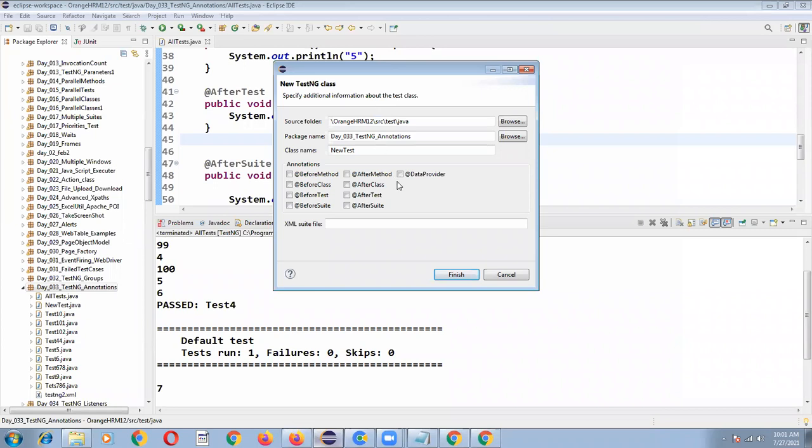In that way, the approach will be executed. The interviewer will ask one more question. I have two @Test annotation tags in my program: test one and test two methods are there. Then how will the before and after methods be executed? That is the interview question they will ask you. For every @Test, @BeforeMethod and @AfterMethod will be executed. Understood? For every test, suppose, okay, let me tell you in the notepad.